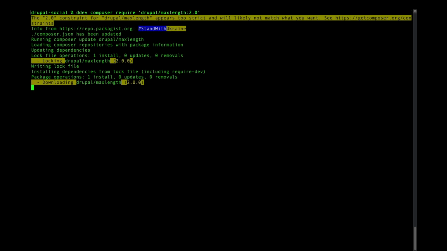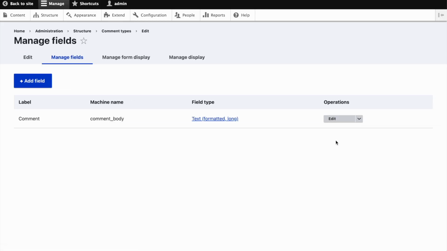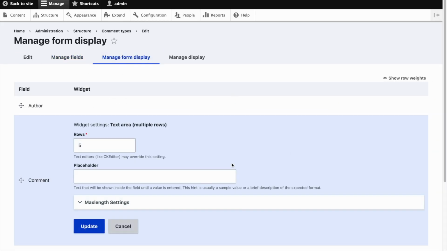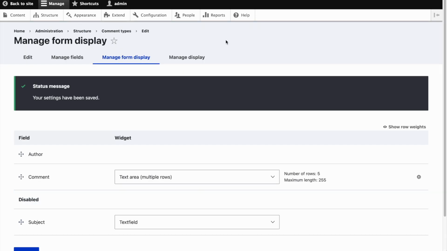And so we'll type our composer command, composer require drupal/maxlength. Once that is downloaded, we will enable it using Drush. The last thing we need to do is configure max length for the post field, and we'll just set 255 as our length. Now, before we can test this, we actually do need to do one more thing, which is